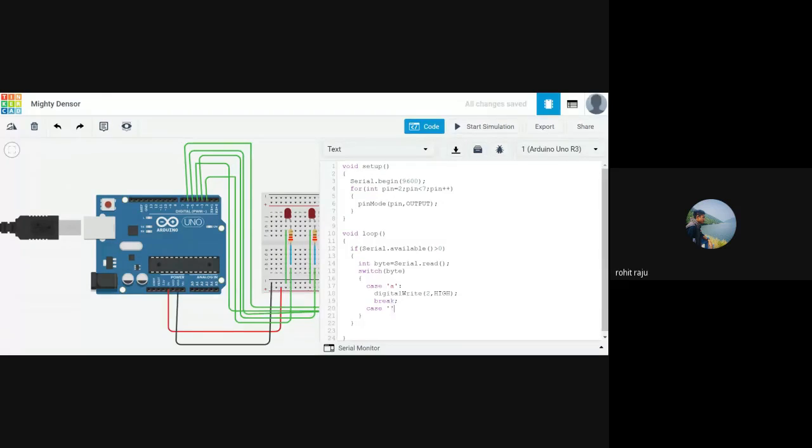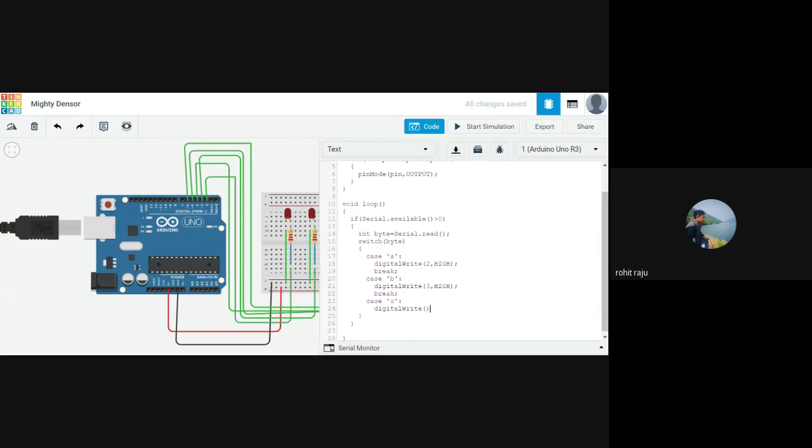So if we type B, we want 3 to go high, and break. Do this with me. It's quite simple actually. We didn't put a break here.